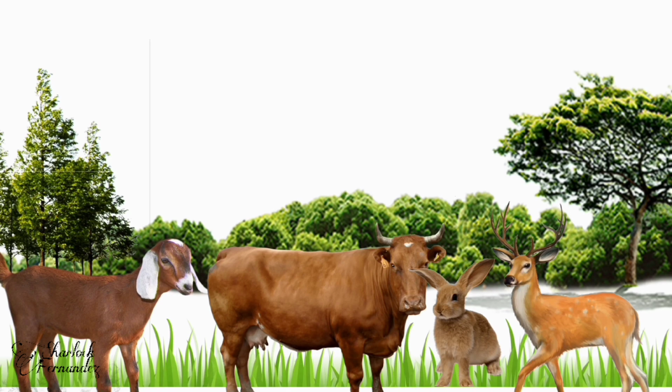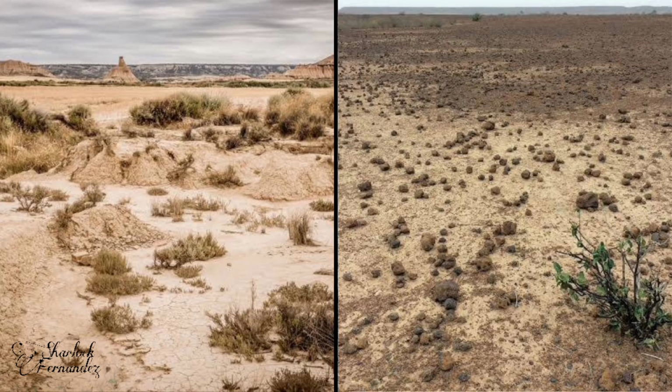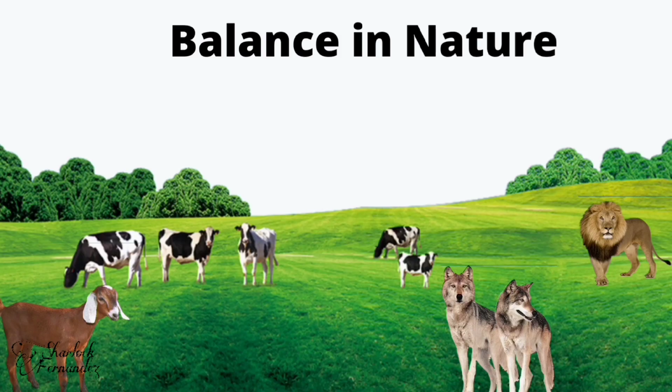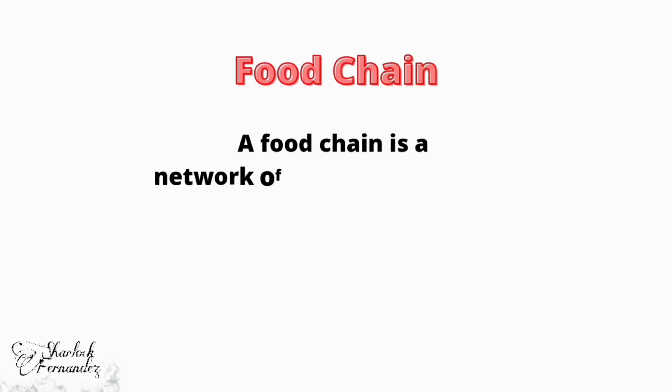Suppose there are only herbivores in a forest. Can you imagine the situation of the forest after a long period of some years? The herbivores will feed on the parts of plants and soon the forest will be left with very little or no vegetation. As a result, the animals will die or move to other green areas. In order to keep balance in nature, there are carnivores that eat the flesh of other animals and keep a check on the number of herbivores. A balance between the number of plants and animals at a place is very important.